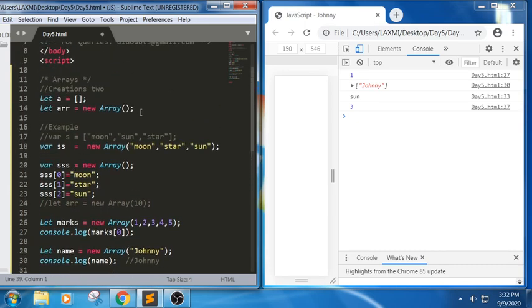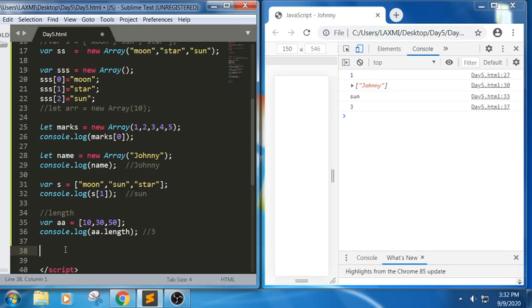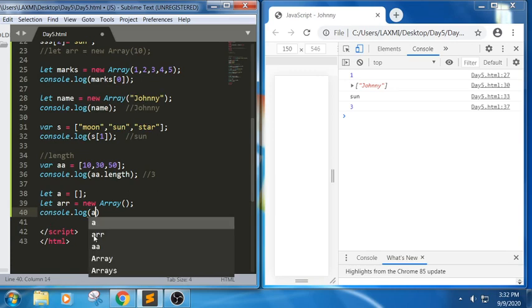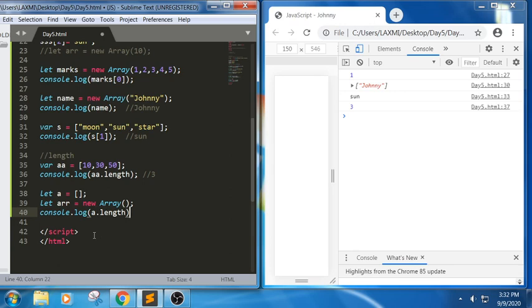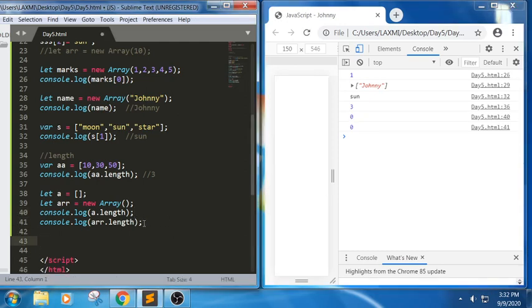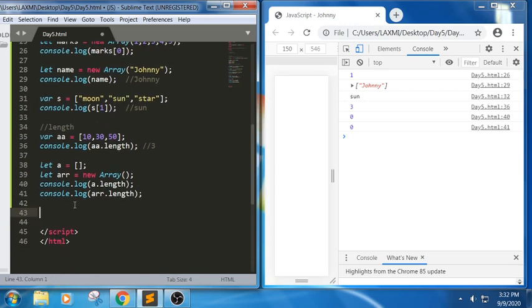Next method, for example, can I calculate the length of these empty arrays? I have created two statements here. Let me put this here, and I want to calculate the length of this, a dot length. Whenever you write something like this and console.log array dot length, what would be the output of the snippet? It will return 0 and 0, because we don't have any array elements specified in it.